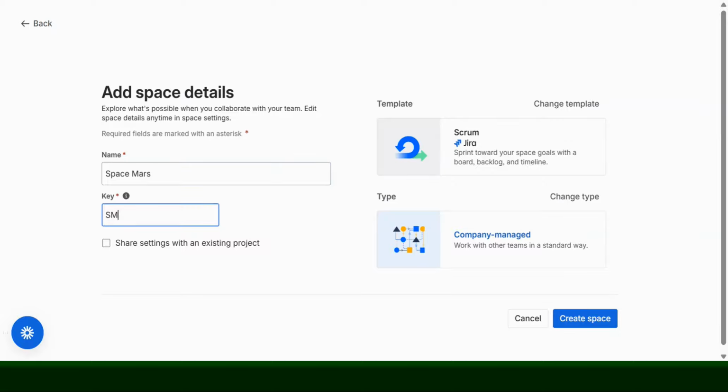But what is the key ideally? Key is a unique identifiable component for every space. Just like DNA for humans, which is quite unique, the space key is quite unique for every space, and the space key is carried over to every issue or ticket that you are creating in the space, right? So there are a few restrictions or rules that you need to follow while setting up a space key. So the first one would be